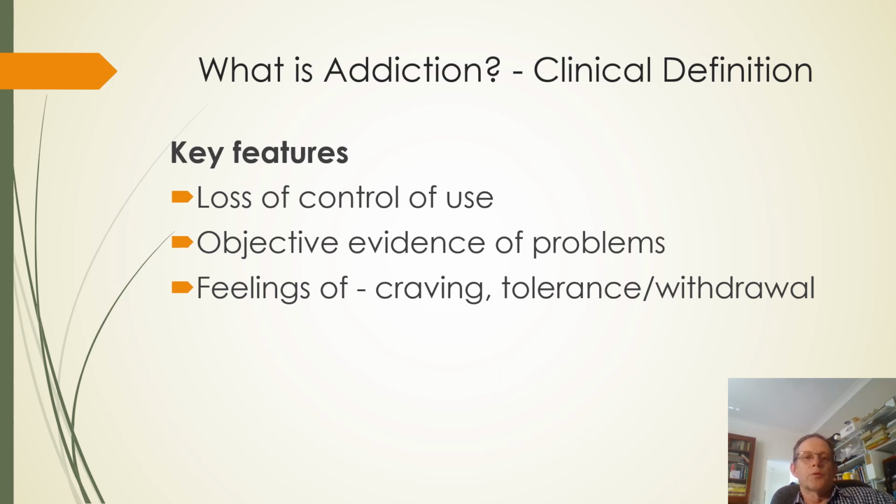But starting first with loss of control. Signs of loss of control could include failed attempts to cut down or stop using. Secondly, using despite knowing that it's causing harm, or using despite recurring social embarrassment, or on any occasion of use, using a larger amount or for a longer duration than intended. So instead of having 1 drink as intended, the person ends up having quite a few more.